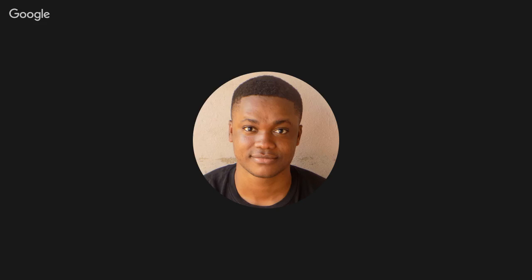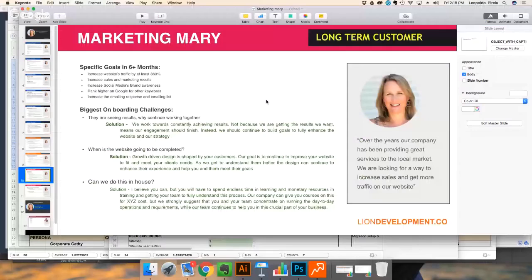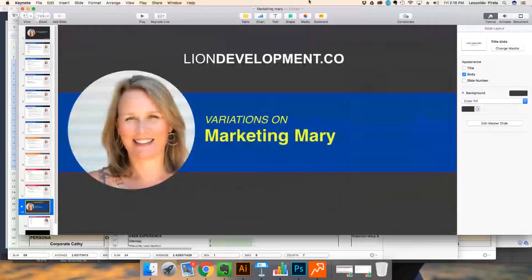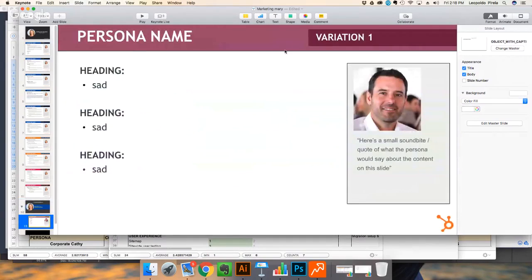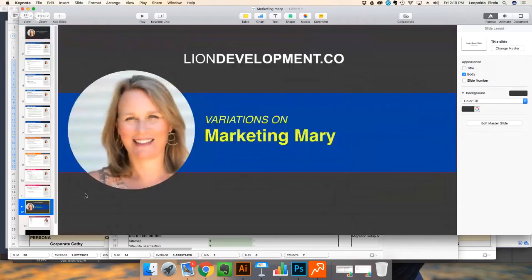That's what I like about this template. I'll just scroll down really quick. You can have different variations of one client in the same template. We finished the main marketing Mary now, but then we can have a new one that is not per se a very new user persona, but a persona that is very related to the main person. So the changes don't have to be much. It's just adding different features, but it's based on the same client.